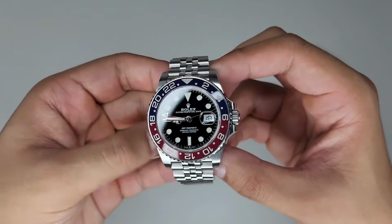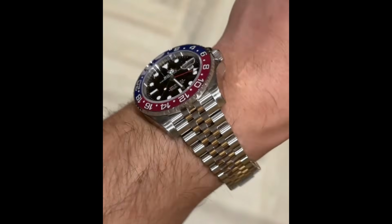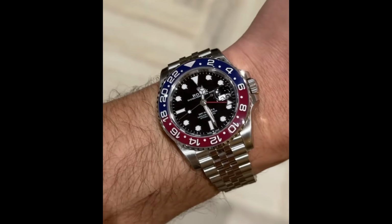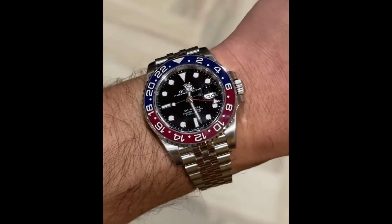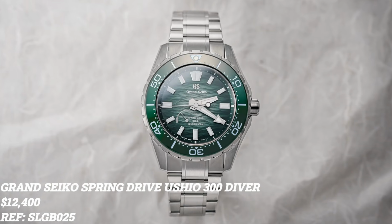If this is stretching your finances, don't buy it. Seriously. But if you can comfortably afford it, and want one modern Rolex that genuinely earns its reputation, the Pepsi is still the king. The Grand Seiko Spring Drive Ushio 300 Diver,